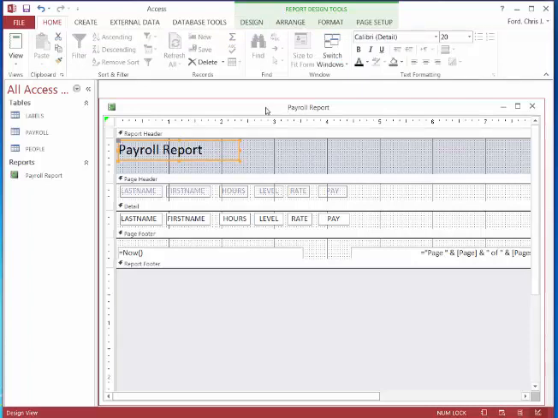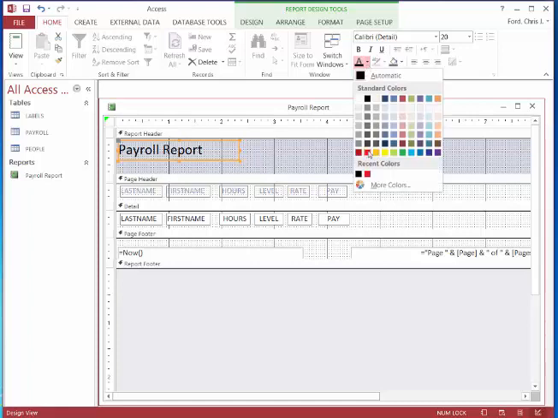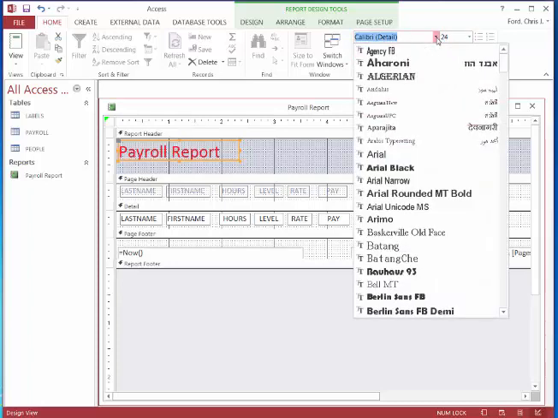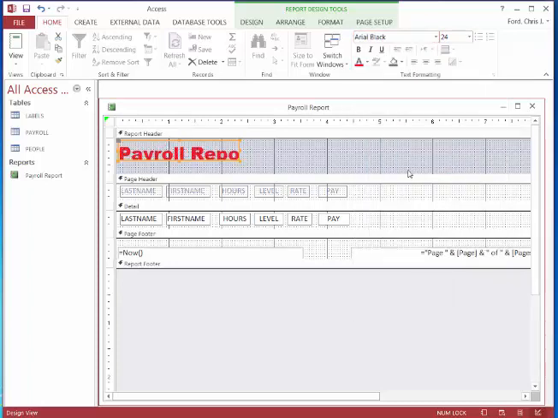And the last thing I wanted to show you is just all the standard stuff that we can do in Word or Excel with different fonts or colors, we can do in the report. Right now I'm clicked on my report title. I went to my Home tab, and I can say, all right, you know what, I want this in red. I want this to be size 24. I want this to be in a different font type. So all that stuff that we do in Word or that we can do in Excel,